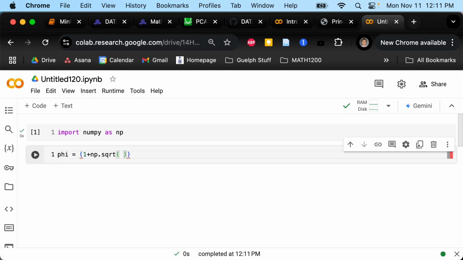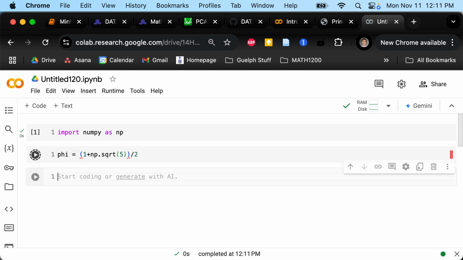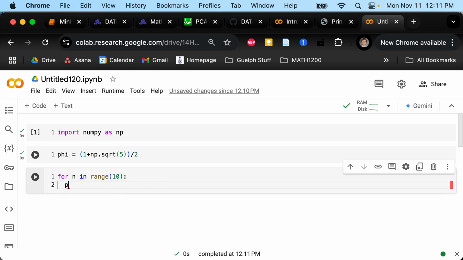5 divided by 2. Oh, look at that. It knows about the golden ratio. Okay. Phi. And let's do, I guess my formula says, let's do for n in range 10. My formula says if I do phi to the power n divided by square root of 5